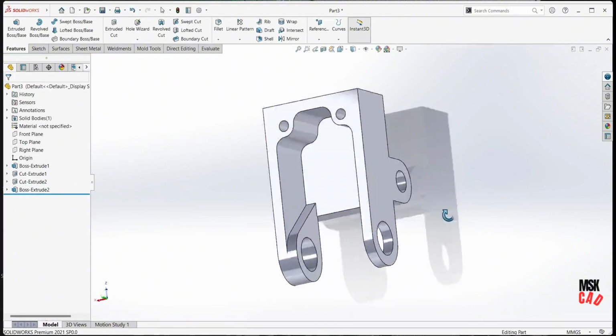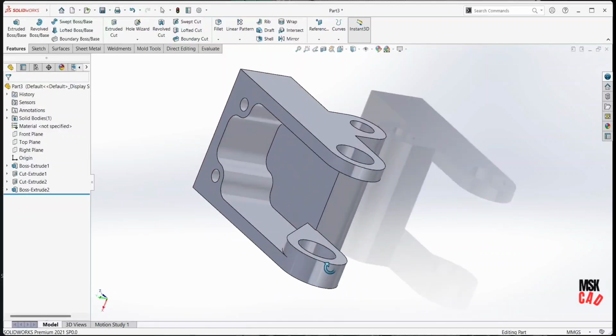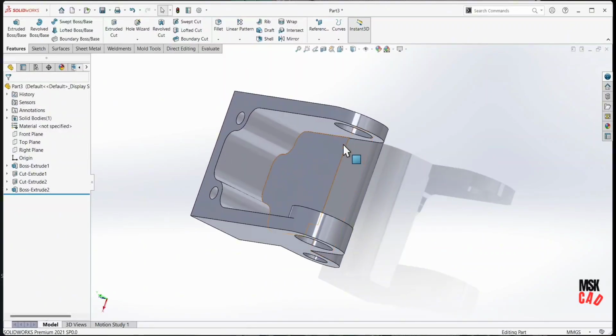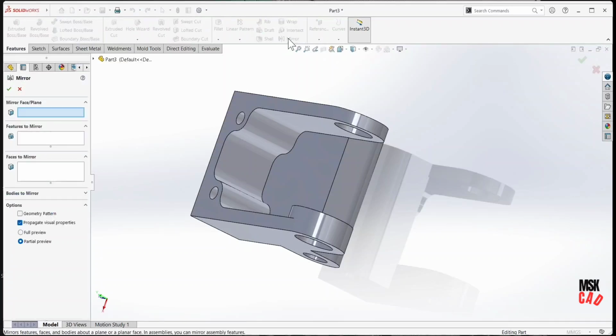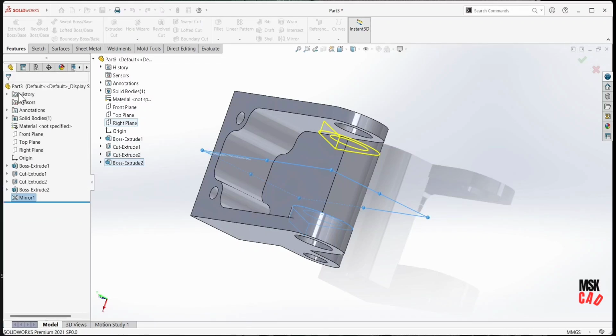See here, extruded. Now just mirror this part here to here. So go to mirror, mirror face, we need face right plane, feature this one. Okay,